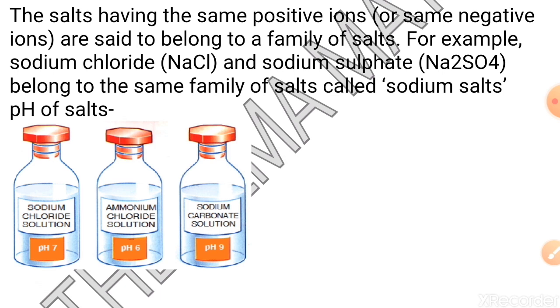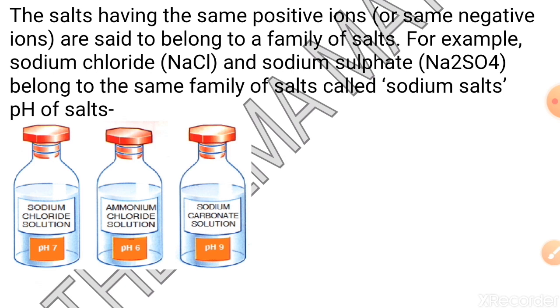You must be thinking that salts must have neutral pH, because we have discussed that salt is prepared during the neutralization reaction of acid and bases, but it's not the entire truth. The nature of the acid or base used to prepare a salt will decide whether your salt is going to be neutral, acidic, or basic. So there are three types of salts: basic salt, acidic salt, neutral salt.